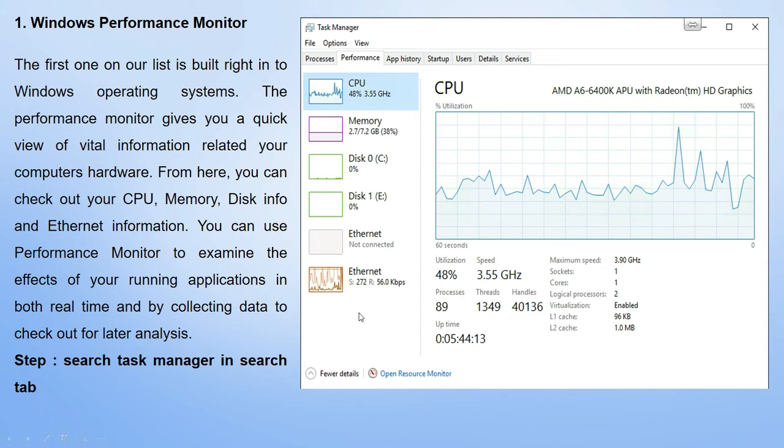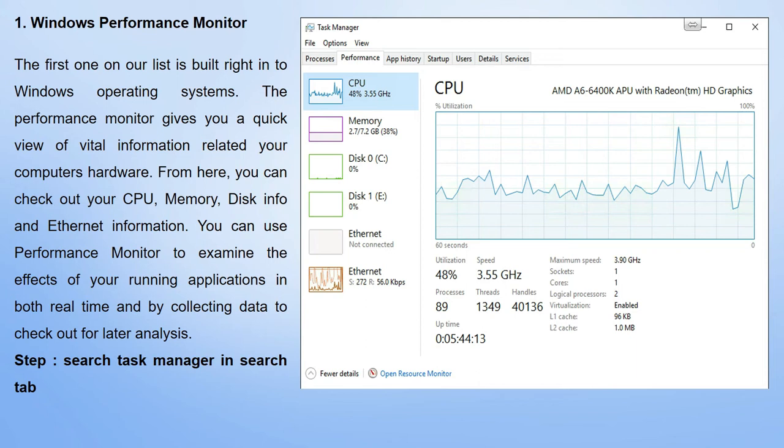So how should you use this Performance Monitor? Go to the search tab, type Task Manager, then press enter. Automatically the Task Manager program opens. Otherwise you can use the Control, Alt, Delete keys. If you press these three keys simultaneously, the Task Manager option will be displayed.